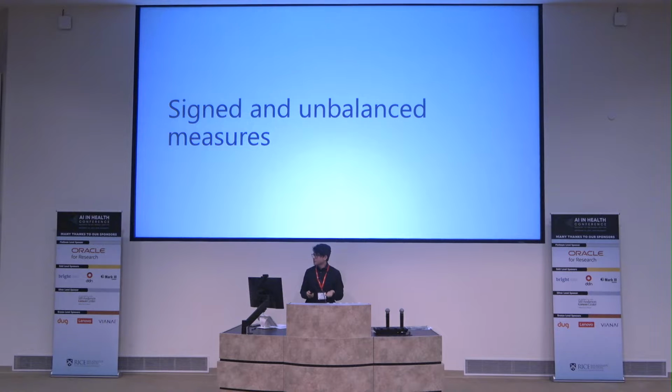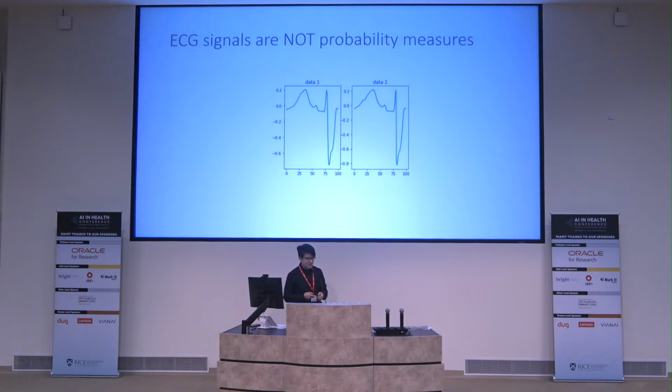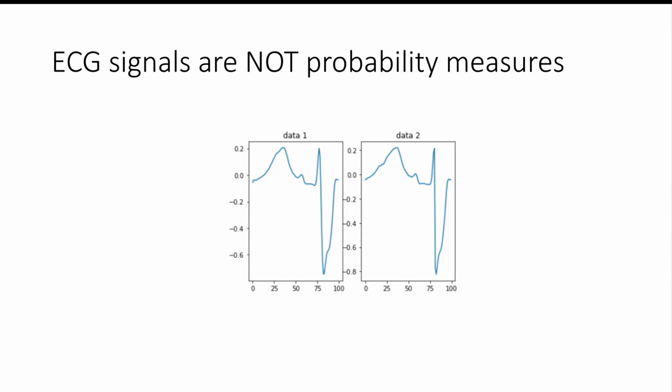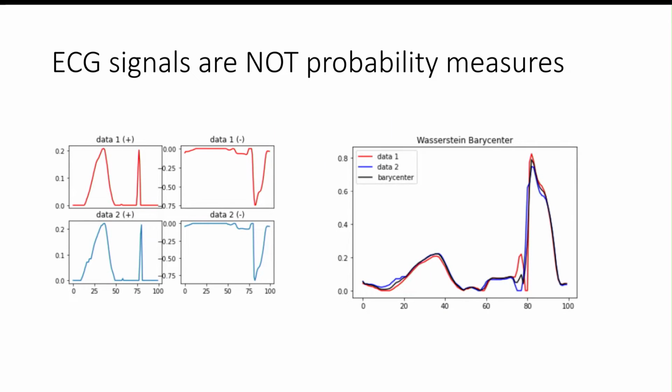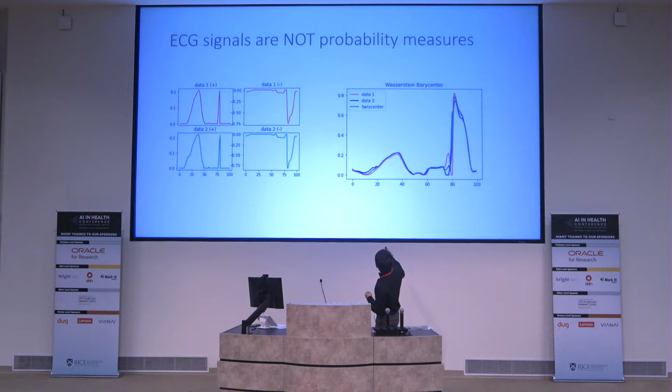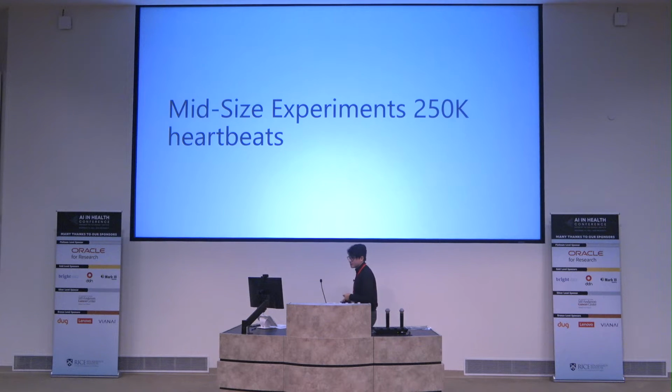Of course, for the keen eye, you might imagine that ECG signals are very noisy, have positive values, negative values, different shapes. So don't worry, optimal transport has methods to handle all this type of data itself. So in the case where you have positive and negative values, we can design methods that can handle both of these. So as you can see here, you have 2 data points or 2 beats. We can actually compute what is the middle or the average between these 2 heartbeats.